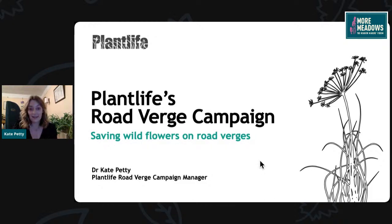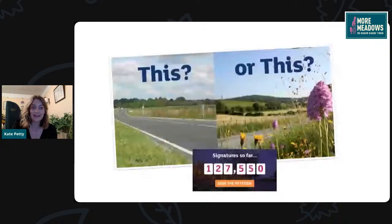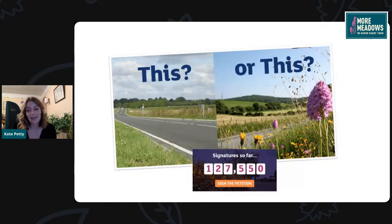So Plant Life started the Road Verge campaign back in 2013, really in response to verges being mown down in full flower and the disparity between what verges could be versus what all too frequently they were becoming. Since that time, there have really been two things central to the campaign. One is the advice and guidance that we provide. The second is the petition to councils, asking councils and landowners to change the way that they manage road verges for wildlife, and that's really captured the public interest,